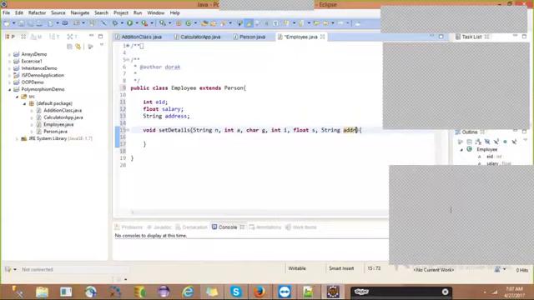Already we have written the code over there, but whenever we are storing the employee details, we have to take the inputs for all these things, right?